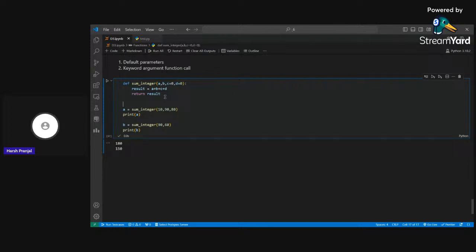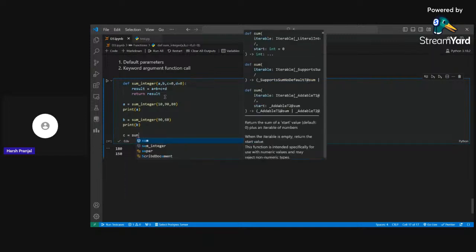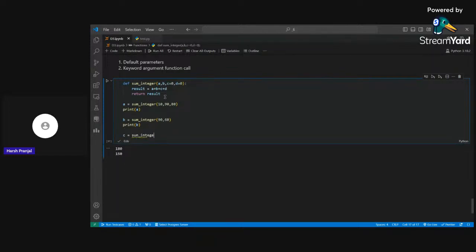Suppose we call the function with four integers. Take the values as 10, 20, 30, and 40. Print C. So this is going to call this particular function with four values, and it will return the sum of four values. It will return the sum of two values. It will return the sum of three values. So it is mandatory to provide the default values from right to left